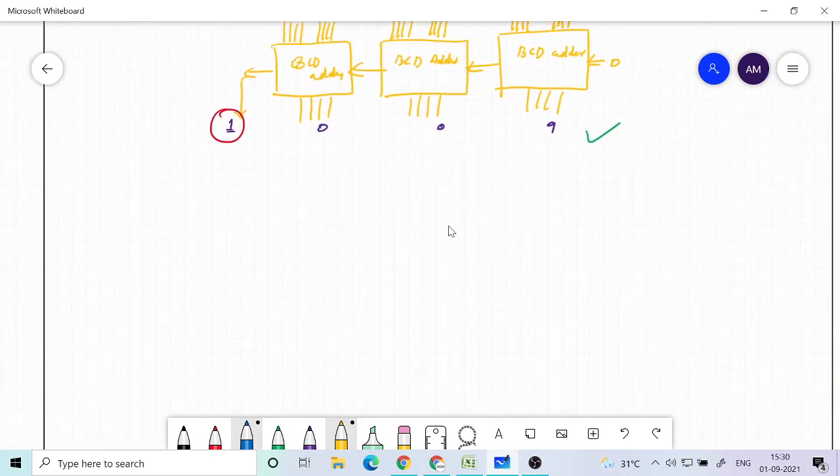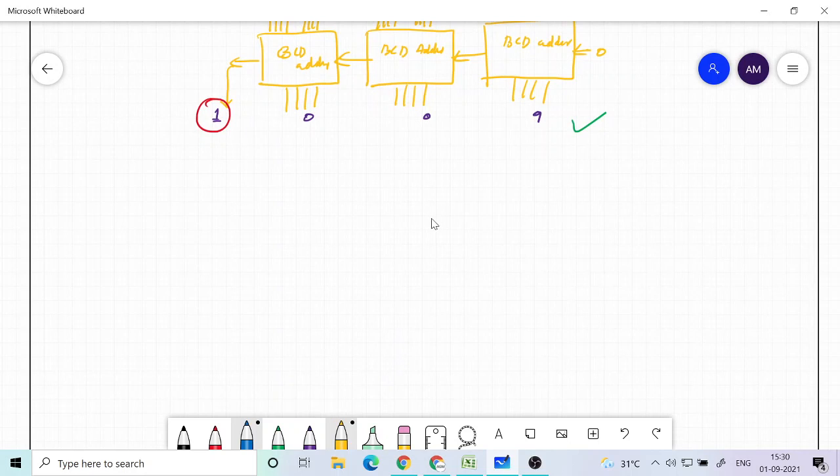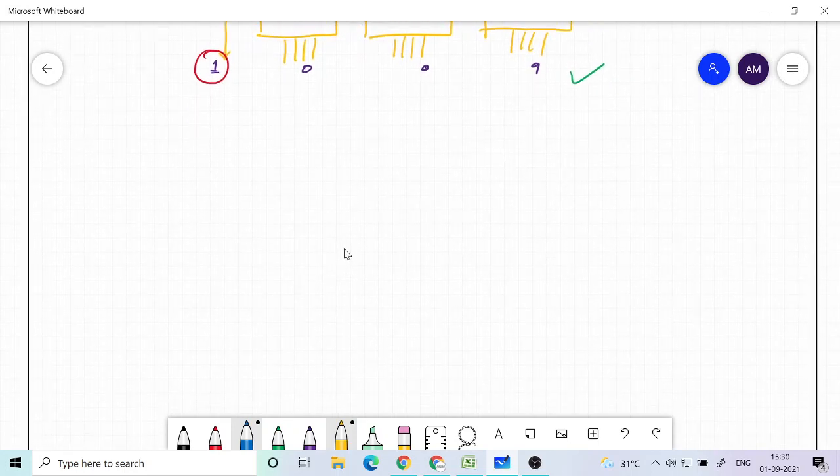So far we have only seen BCD. Now, is there any other code that is possible? Yes, of course. You can use other codes also, because for the representation of a decimal digit, you need at least a 4-bit binary code. If you use 3 bits, you can only have 8 possibilities.